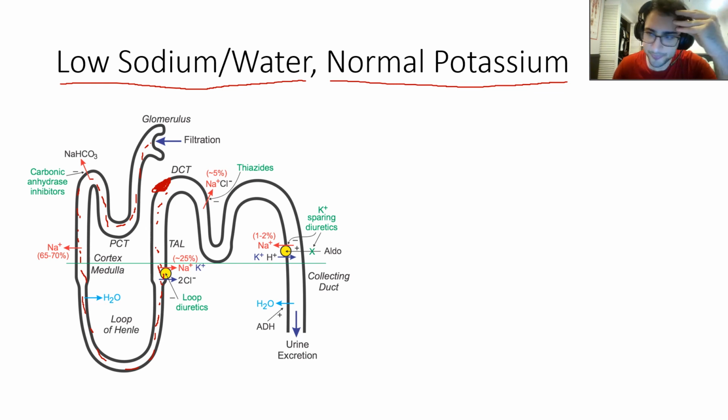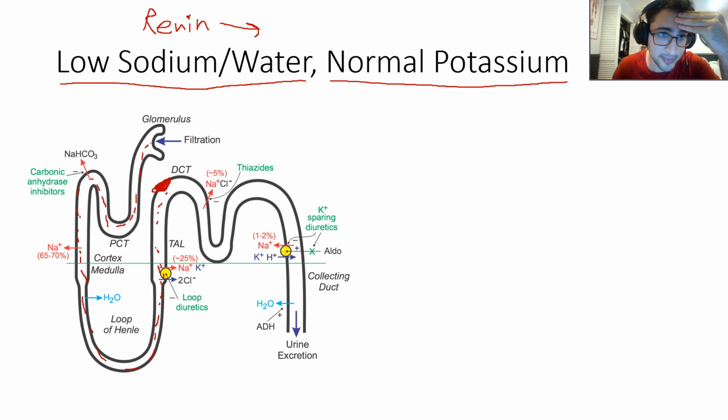All right, so this volume depletion is going to lead to decreased flow, which is going to be detected as decreased signal transmitted by the cilia of the macula densa. And that causes the signal cascade that releases renin. All right, now that we have renin,